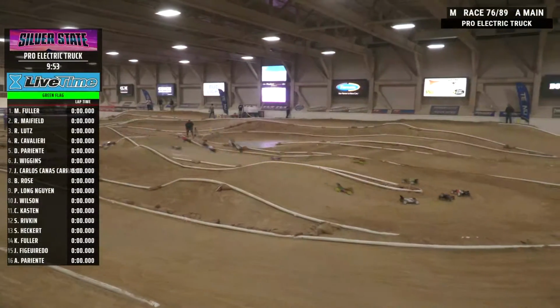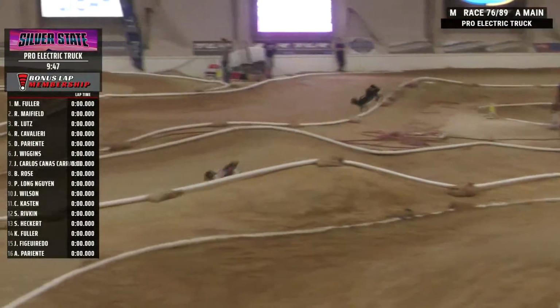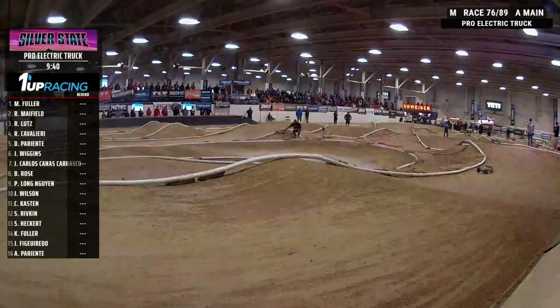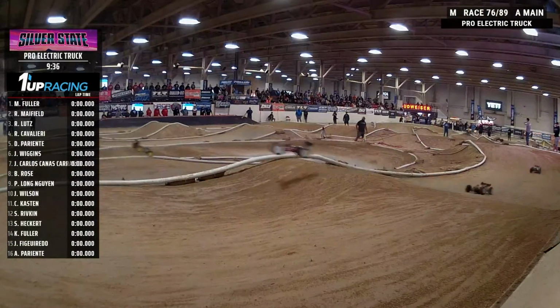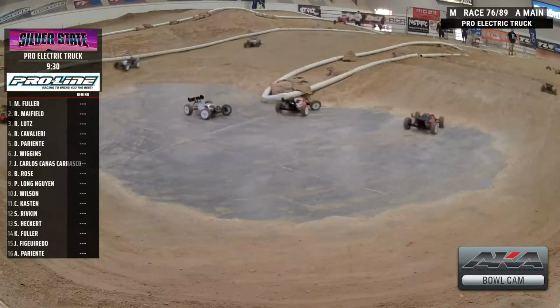Here we go, our Pro Electric Truck A-Main 2024 Silver State here on LiveRC.com, presented by Horizon Hobby, One Up Racing, and VP Racing. Fuller with a perfect start. The field in his rear view mirror as they bring him through the backside into the concrete corner here for the first time. They all go into the high side using a berm as they come across the line for